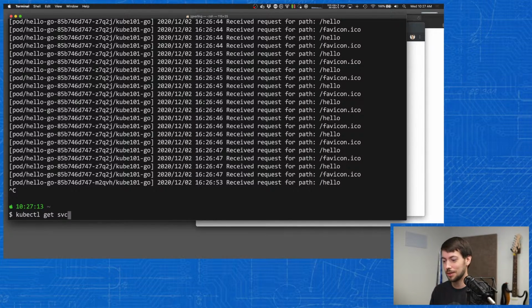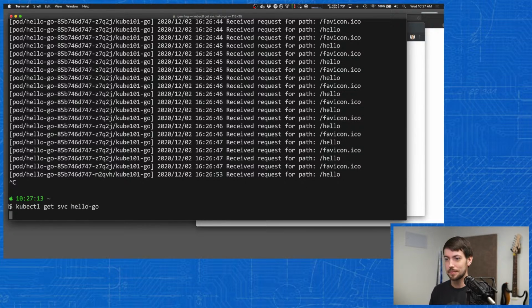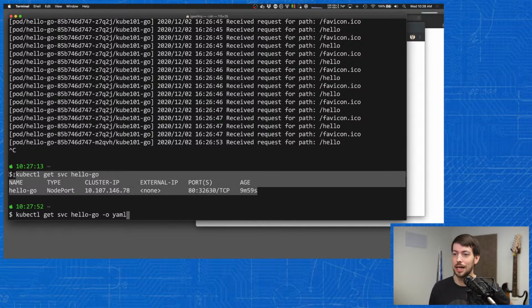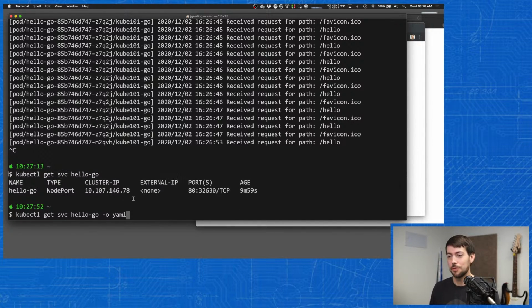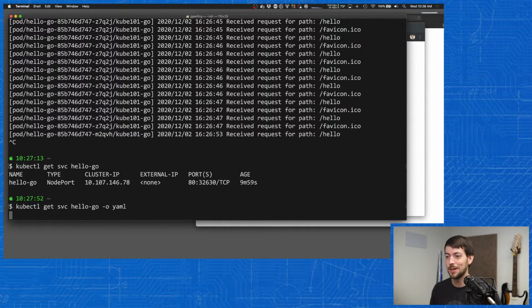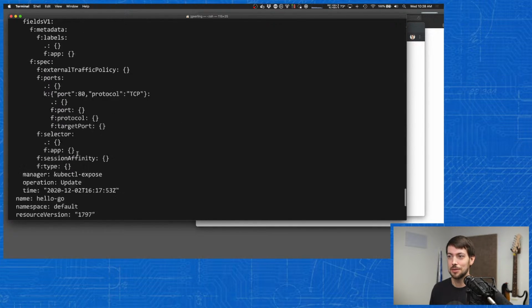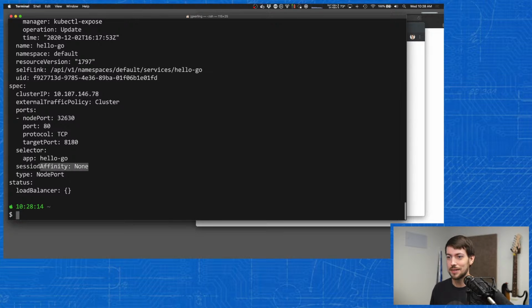Kubectl get service hello-go. And actually, I'm going to use -o YAML. -o changes the output of it. So this output is just a quick at-a-glance output for the screen. But for any object that's in Kubernetes, you can get the YAML for it directly by just saying kubectl get service, or you could edit it too, but if you edit it and accidentally make a change, that'd be bad. So I'm just going to get the entire output for how this service is defined in Kubernetes and how it's running. And down here you can see that it has this session affinity setting, and it's set to none,